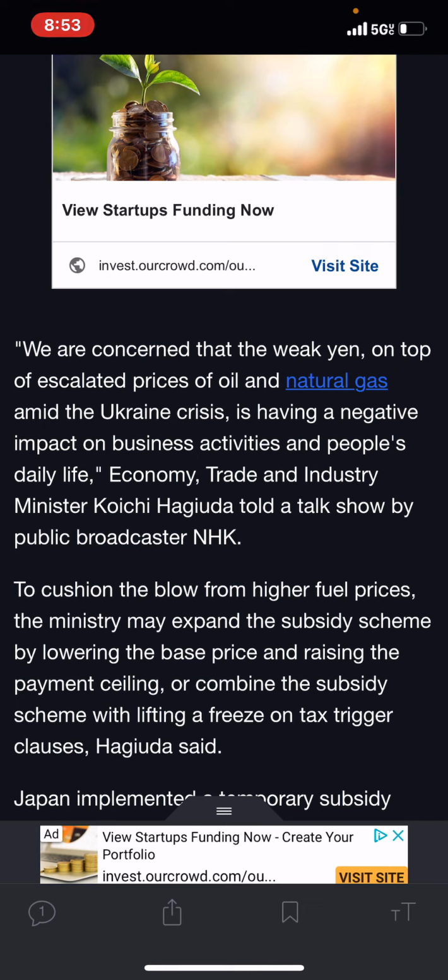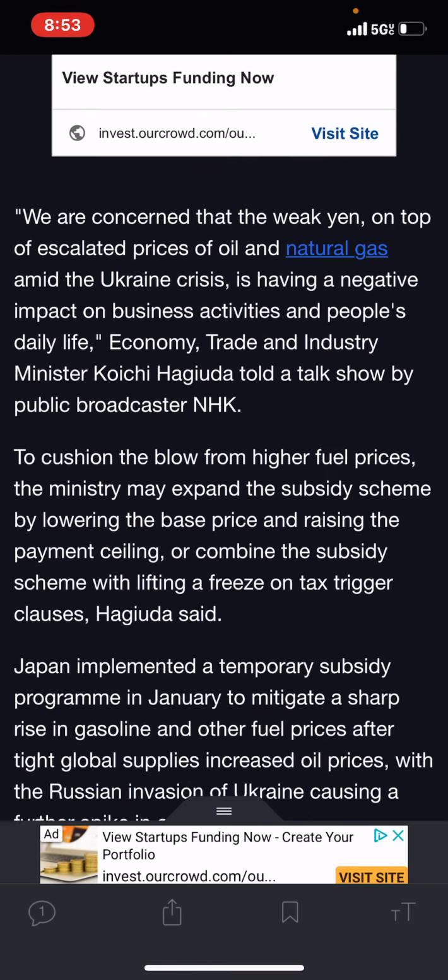So from a business standpoint, the lowering of gas prices is going to allow Japanese businesses to start to bring their prices down on their goods and services, which means people will have a chance to spend even more money in the stores because the things they're trying to buy are not so expensive and they can actually buy more of it. That means more money going into the economy, which means the economy is going to continue to grow. And if the economy continues to grow, we're going to see a strengthening of the Japanese yen.